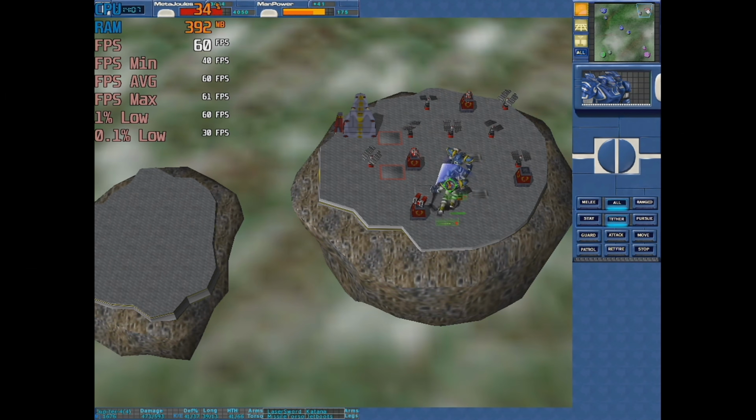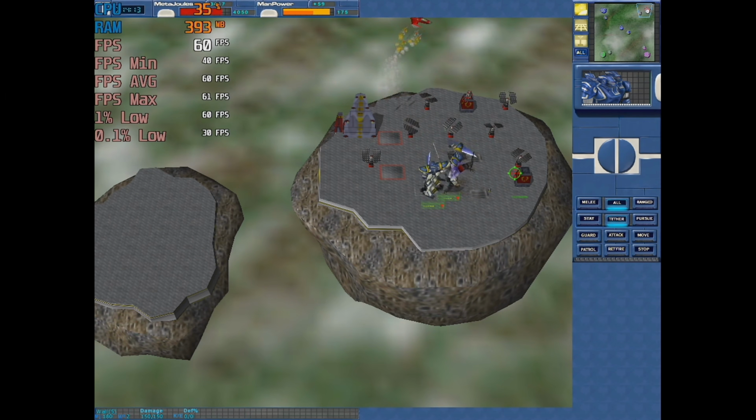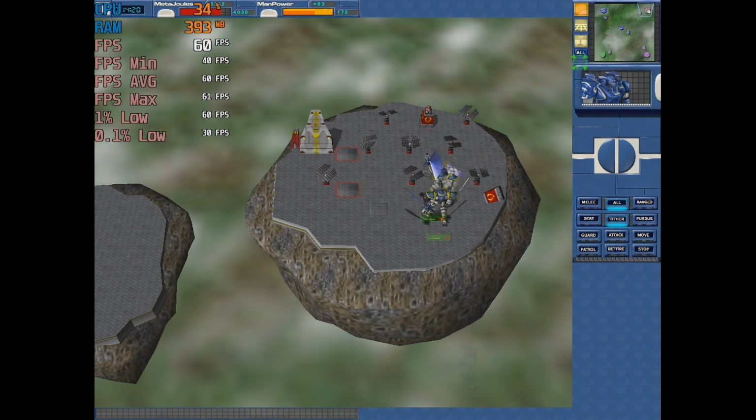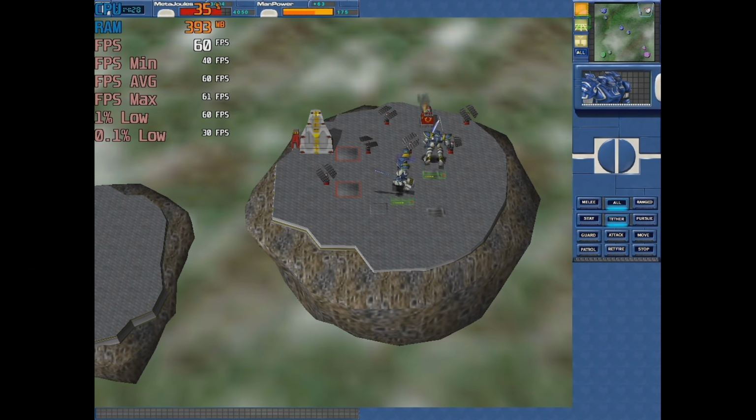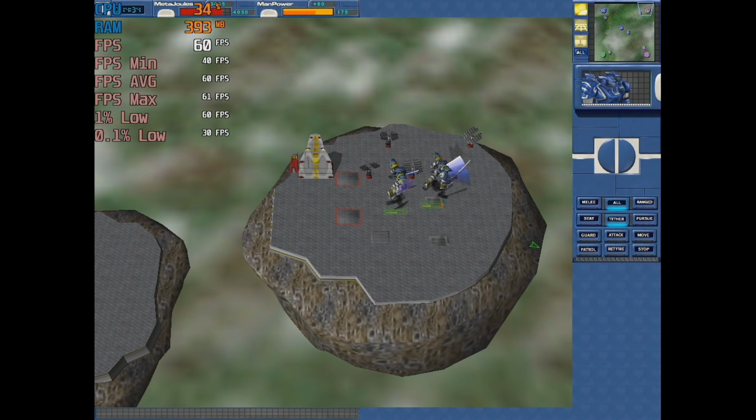Combat construction possible. Battle in orbit. Build complete. Combat